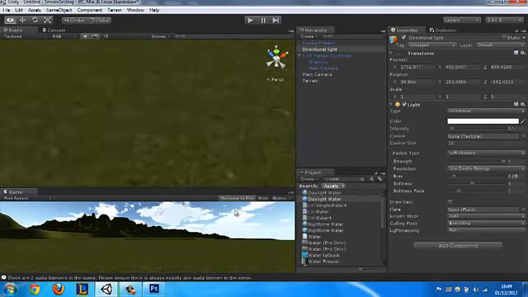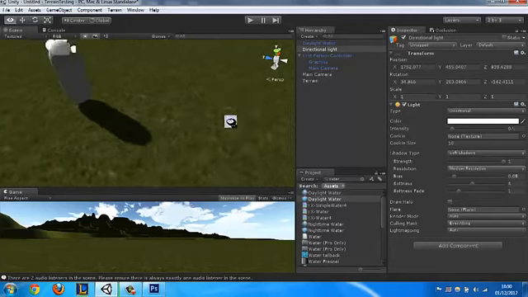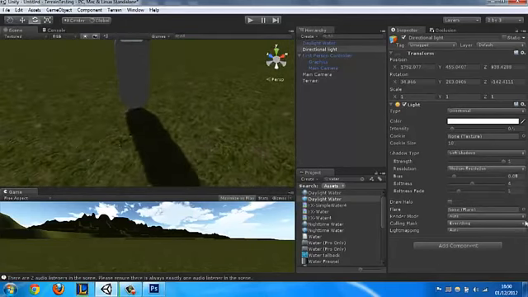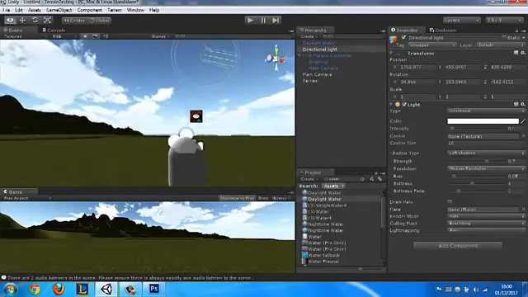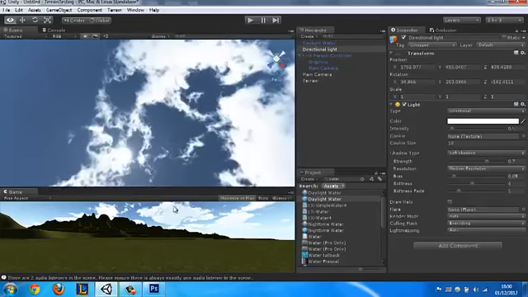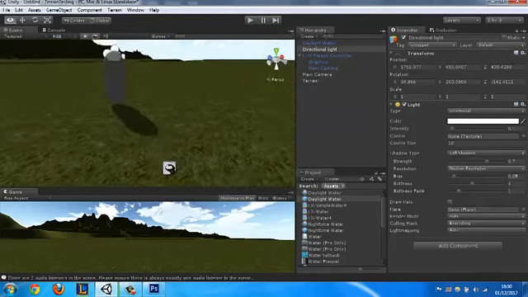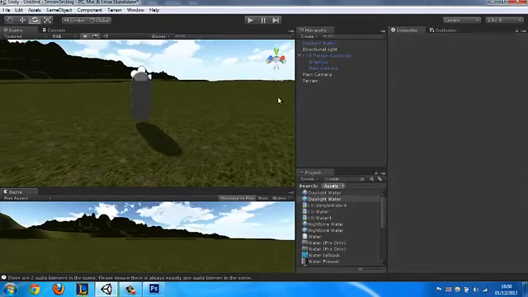Right, so just click medium resolution, and for a realistic shadow, make the strength 0.8, 0.7, so it's slightly transparent. And the sun is directly above us, so the shadow is pointing the right way. So we've got that fixed. Next, we want to add more detail to the terrain, so